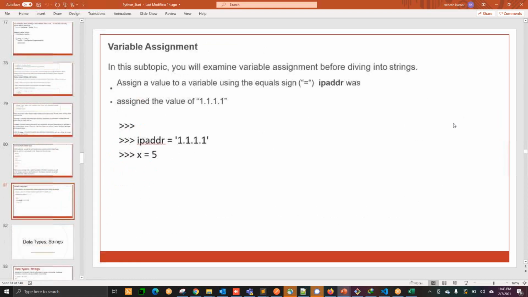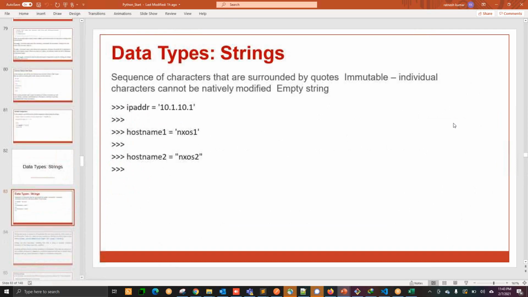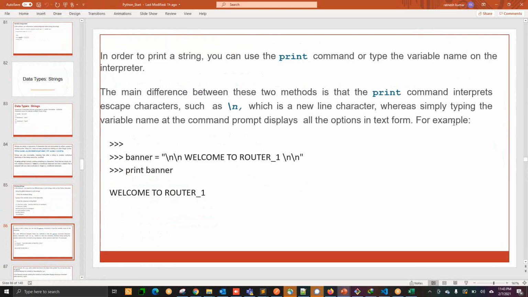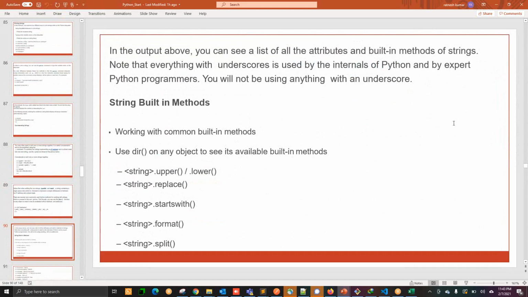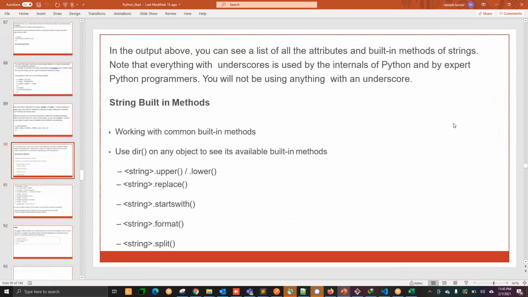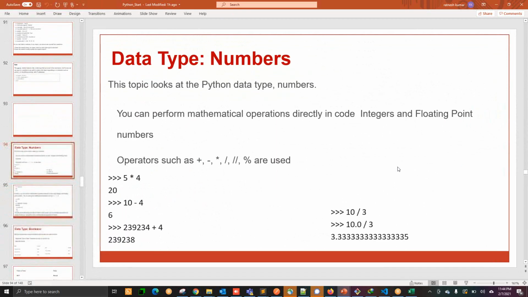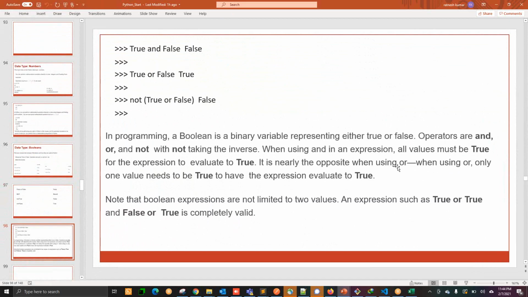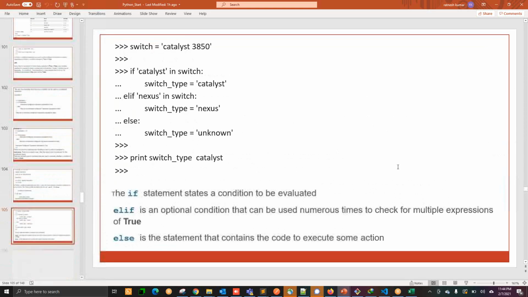Just for your reference, you can have a look here. If you go through these PPT slides, you will understand what it is telling. Some keywords that we have used in our program. So here you can see that we have upper, lower, replace, etc. Then the number format, Boolean condition. True plus true is true, true plus false is false, false plus false is obviously false, etc.